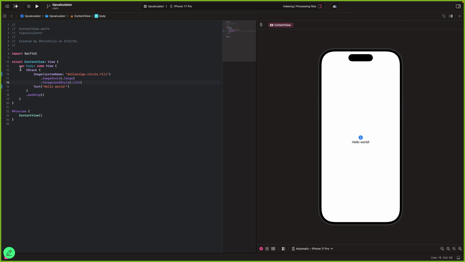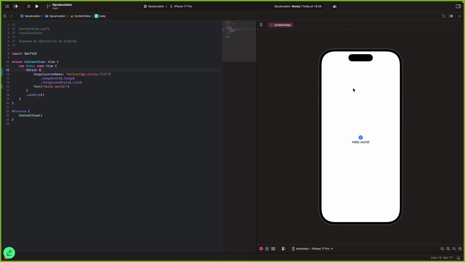Now, you might see here that before the elements it says VStack. The VStack is how the elements are gonna be laid out inside of your program. There are two types of stacks. There's the VStack, which is gonna align them vertically, as you can see on the canvas, where you have first the image and then you have the text. But you can also align them horizontally with an HStack. You just have to change from the V to an H, and it's gonna align them horizontally.